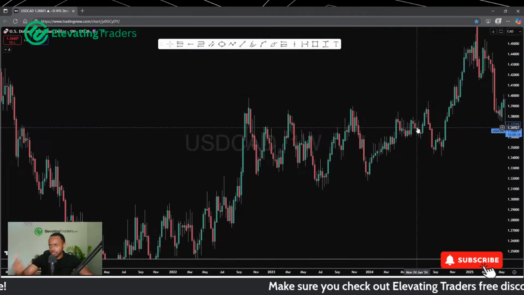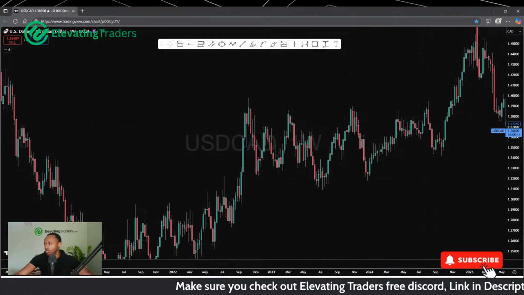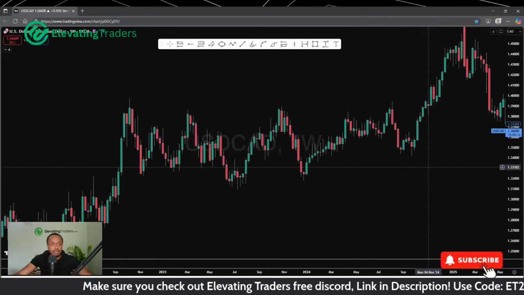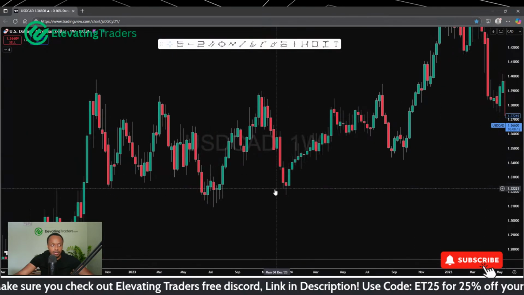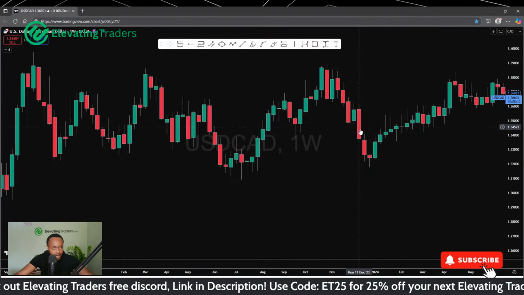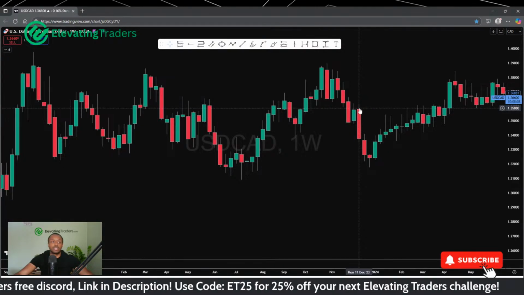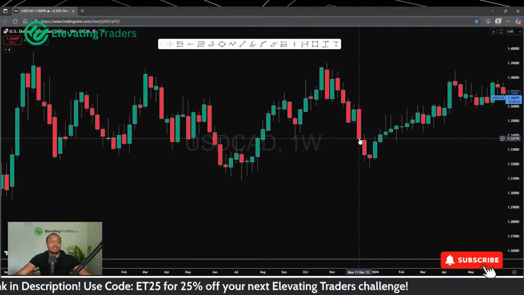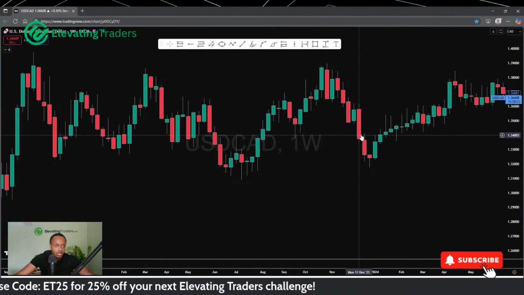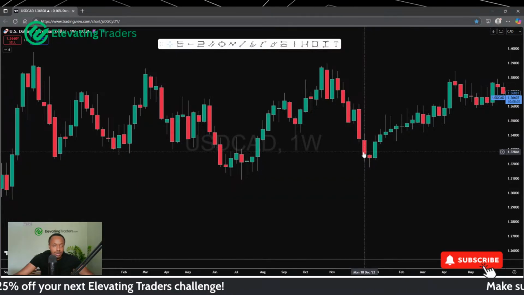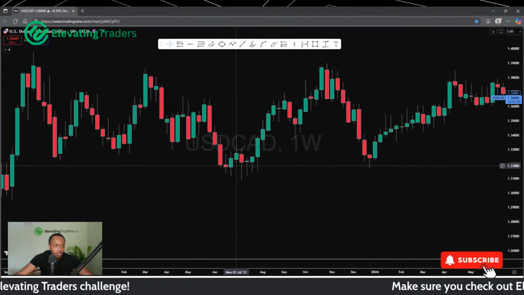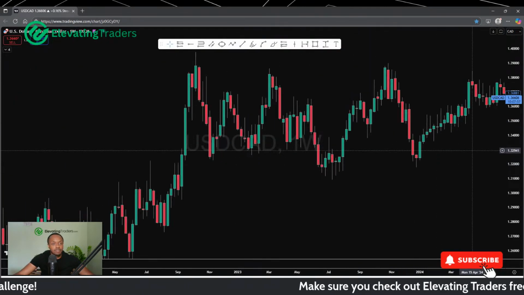So the main thing I'm looking at is rejection or momentum. And in terms of momentum, I'm just looking to see how candles close. So for example, this candle doesn't really imply rejection, but it does show that there's a lot of bearish momentum present in the market. So the chances are we are probably going to keep falling the next couple of weeks, maybe push back into support here, which is what price did.